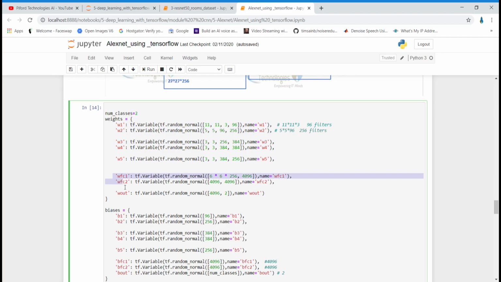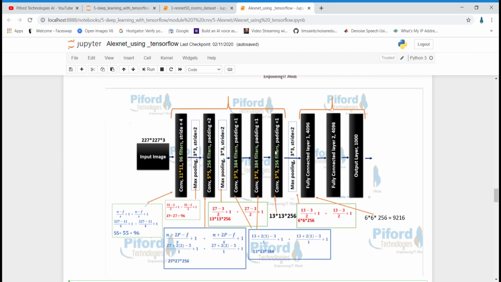Now these are the weight values for the fully connected layer. After these 5 convolutional layers, we have a max pool layer, and the output of that max pool is 6 into 6 into 256, right? After that, we want to give this data to the fully connected layer.